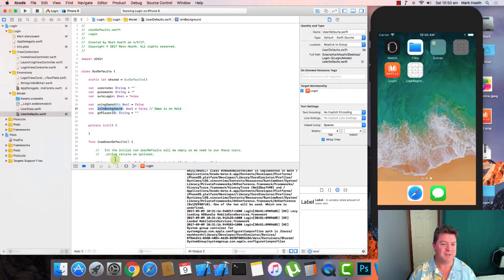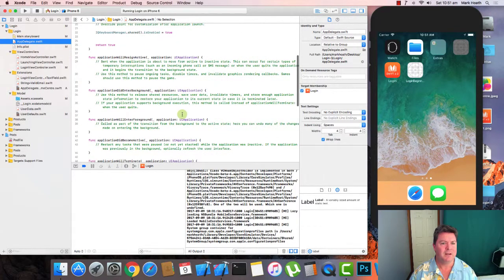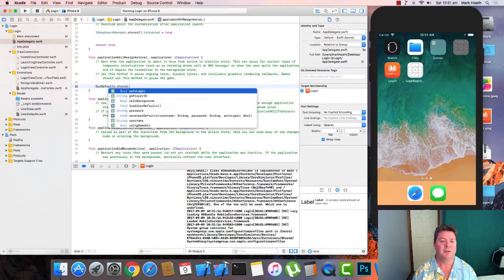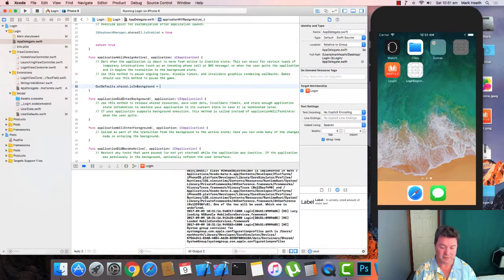So let's fix up this is in background field. If we go to app delegate, there's a whole swag of methods here, and we need to find the right one. The first one, application will resign active: use this method to pause ongoing tasks, disable timers, and invalidate graphics rendering callbacks. Games should use this method to pause the game. And so what we want to do is set our defaults.shared dot is in background to true